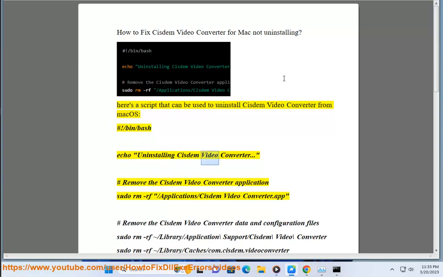#!/bin/bash echo "Uninstalling Cisdem Video Converter." # Remove the Cisdem Video Converter application: sudo rm -rf /Applications/Cisdem Video Converter.app. # Remove the Cisdem Video Converter data and configuration files: sudo